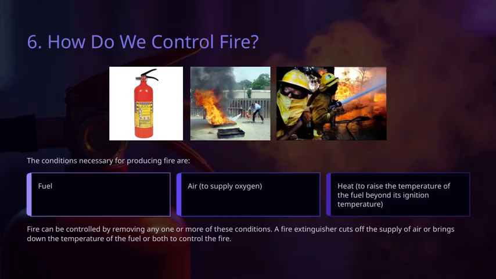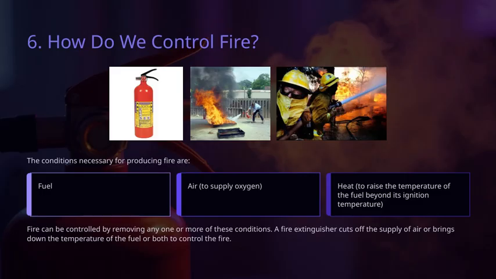All right, let's talk about how we actually control fire. The key idea here is understanding the conditions that are necessary for fire to exist. These conditions are fuel, oxygen, and heat. If we want to put out a fire, we can do so by removing or disrupting any one of these elements. For example, a fire extinguisher works by cutting off the supply of air, or oxygen, which the fire needs